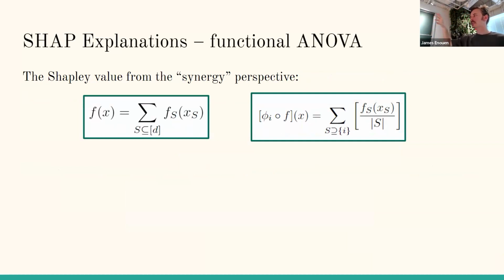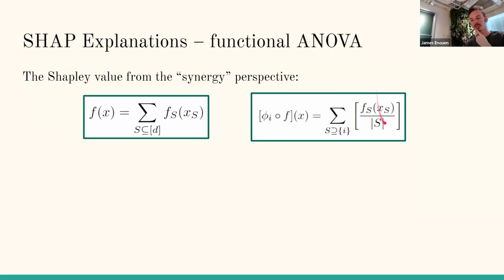It takes each of those interactions. So let's say we're the feature I and we're sharing with the feature J, and we're talking about the unique 2D contribution that we had. Well, how are we going to split it between ourselves? Let's just split it in half. So the Shapley value splits that feature interaction in half, gives half of it to the first feature, gives half of it to the second feature.